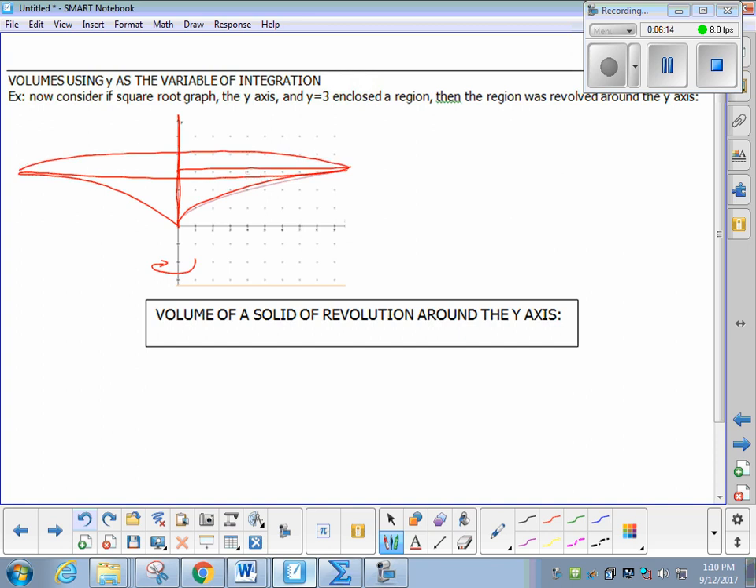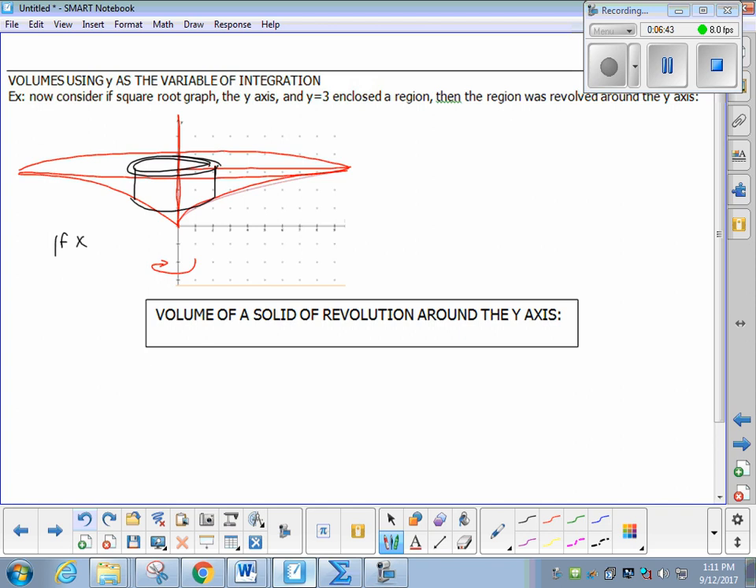Now, this is not the same figure, so do not expect the same volume. It's a totally different shape, so you should not get the same answer. But consider this time, to make solid disks, what you're going to have to do. If I use x,